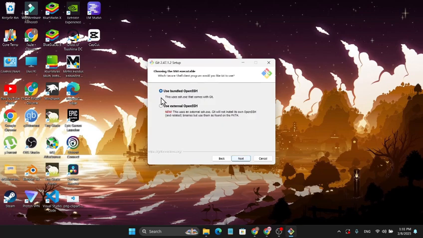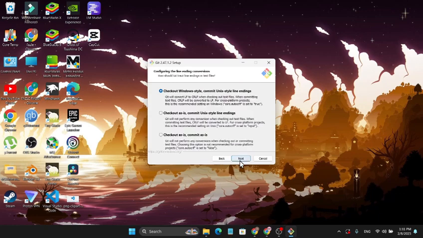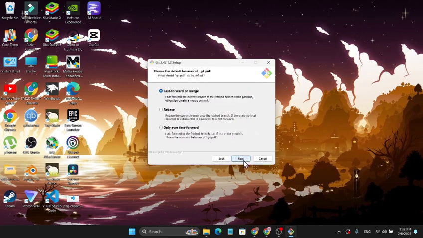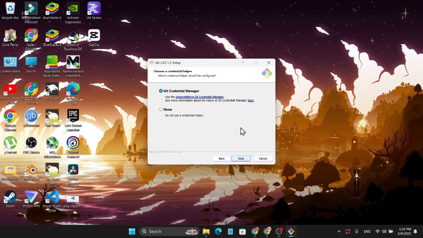Click next. Again choose the first option and click next. Again choose the first option and click next. Then again you just have to click next. Again you have to click next here. Choose the first option and click next. Click next. And you can choose to enable file system caching and also enable symbolic links if you want that,